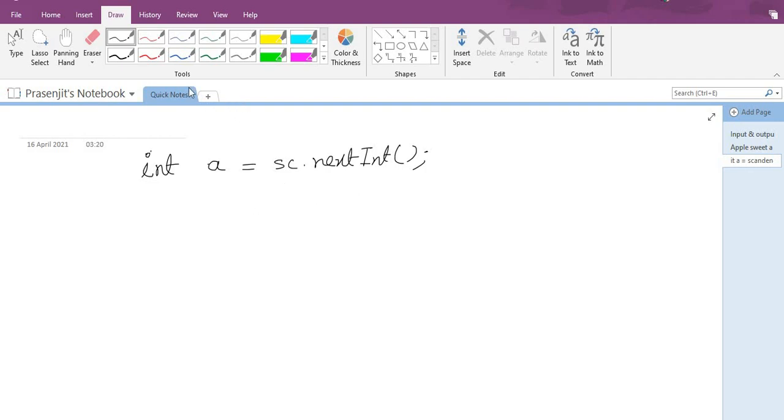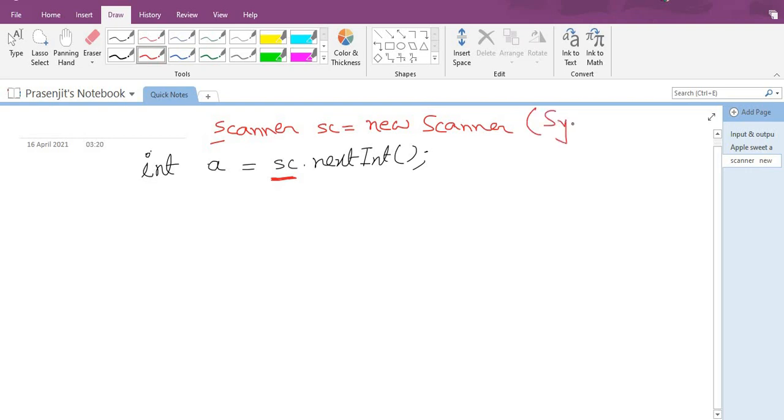First you need to know what sc is, the meaning of sc. For using sc we write the line Scanner, with capital S, sc is equal to new Scanner, within brackets System.in, semicolon.